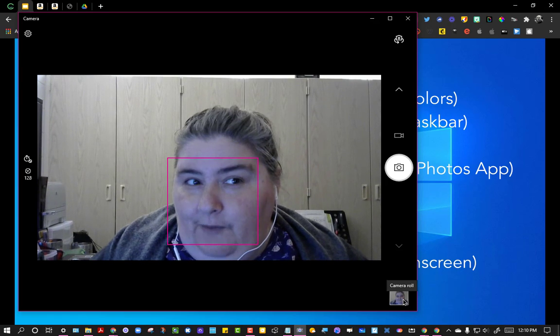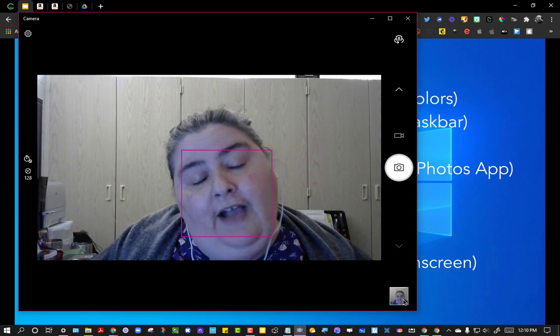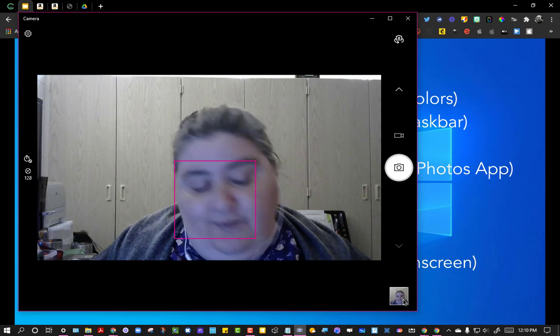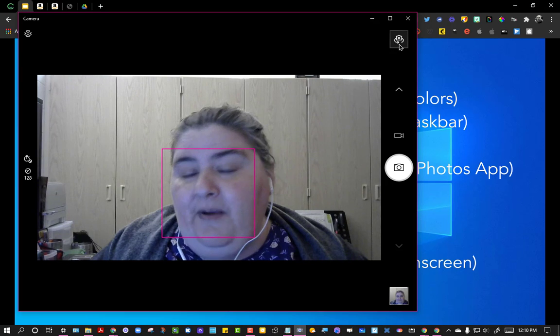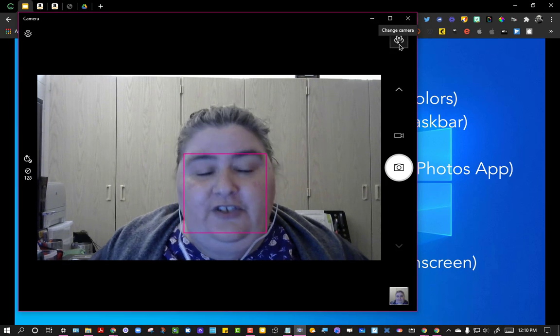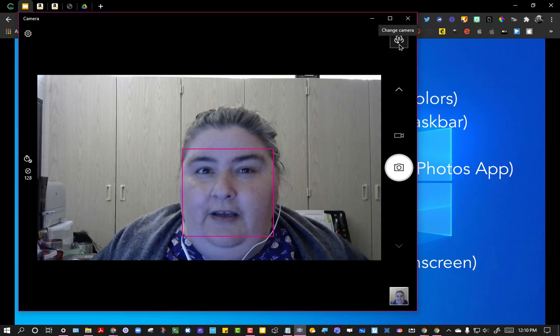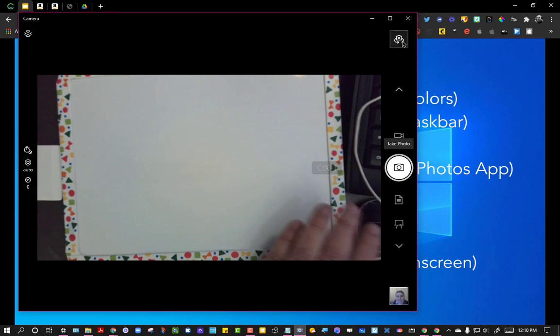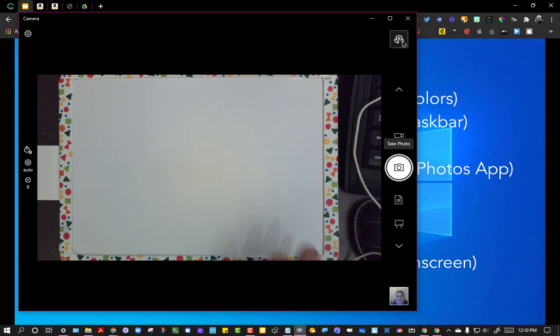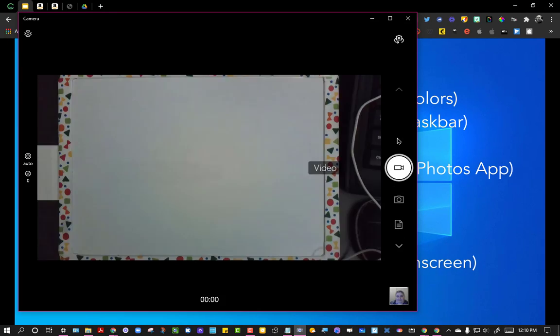Same thing for video. But if you are on a device that you have another camera attached to, you can actually choose that as well by switching the camera. So I happen to have my document camera plugged into this, and so I'm going to go ahead and switch the camera to my document camera. And at that point, it automatically turns on, and you're going to see a few more functions actually showing up over here. So I could start a video and be able to record whatever I wanted to record